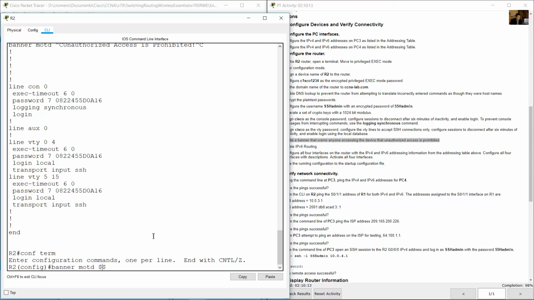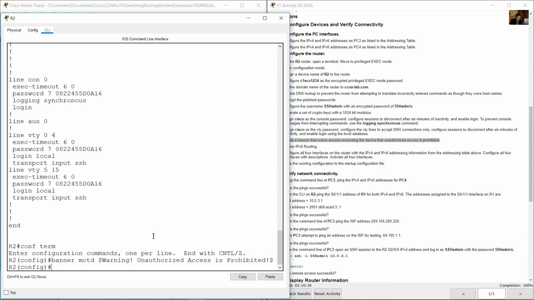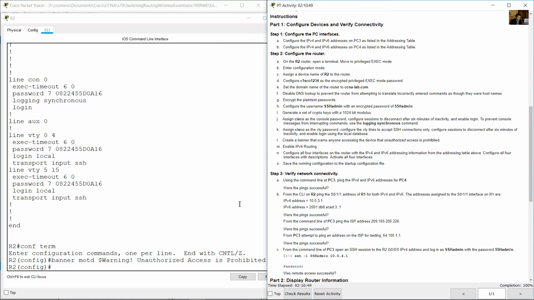Okay, for example, warning unauthorized access is prohibited. Enter. Okay, so I got the 100% completion because the word warning is necessary, and that's it. Now